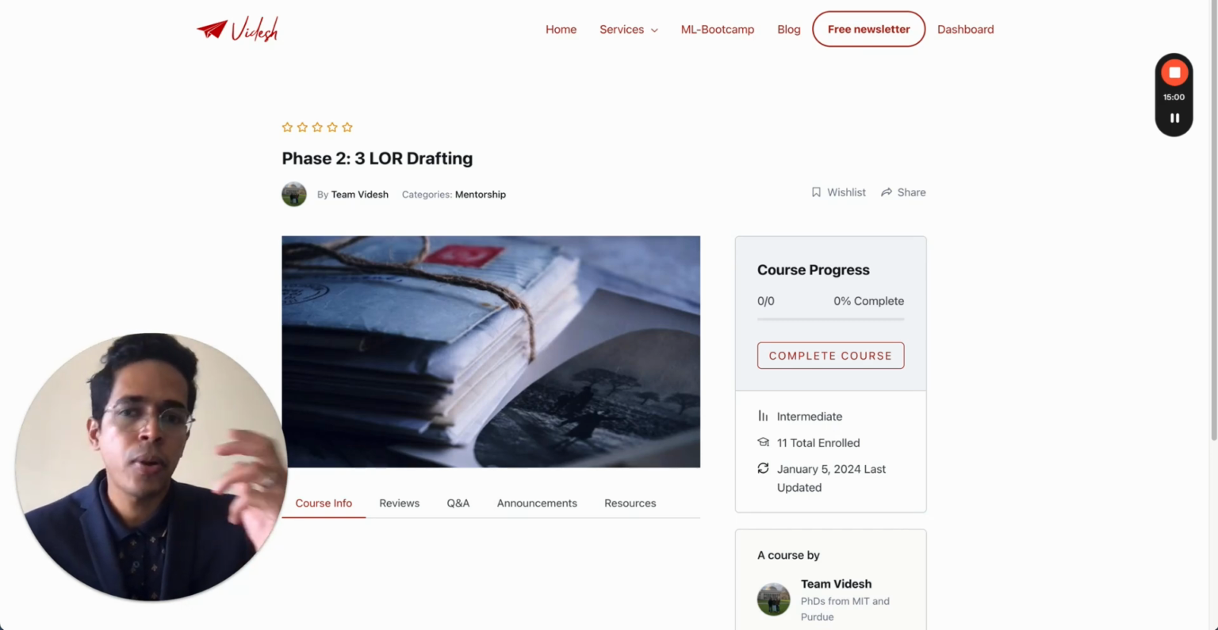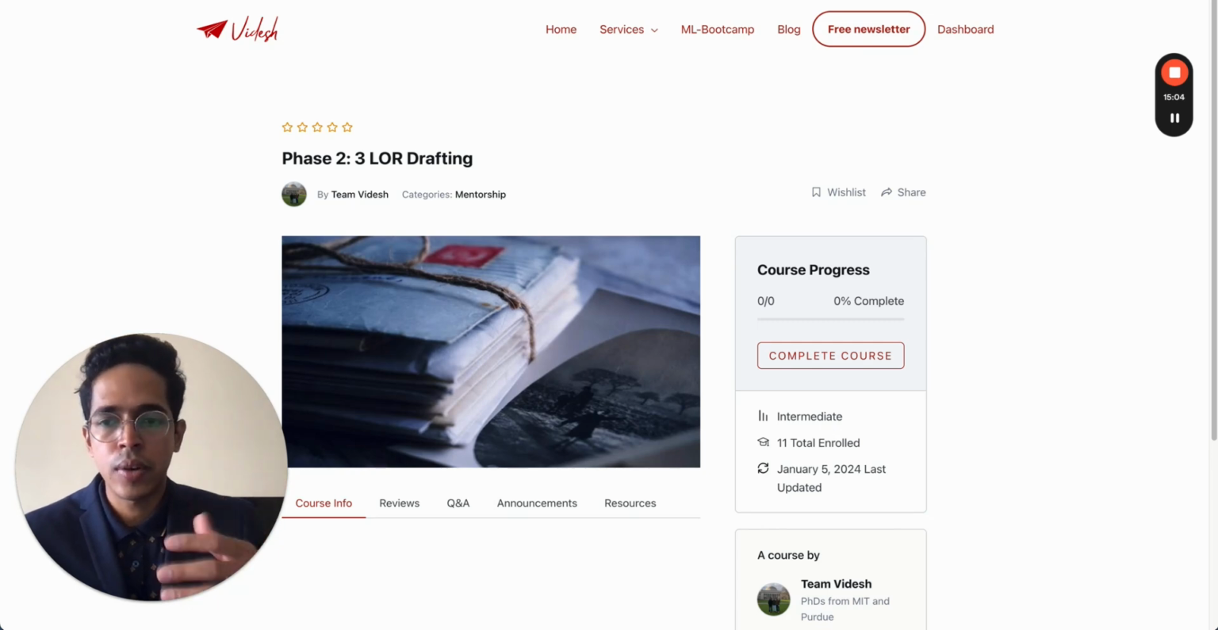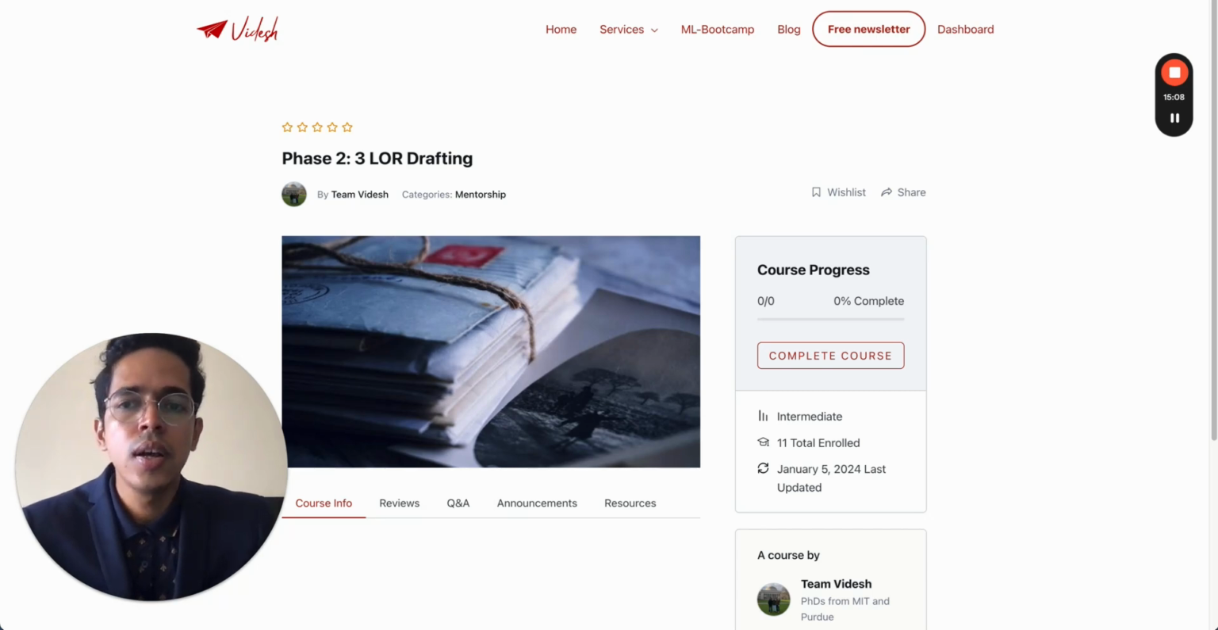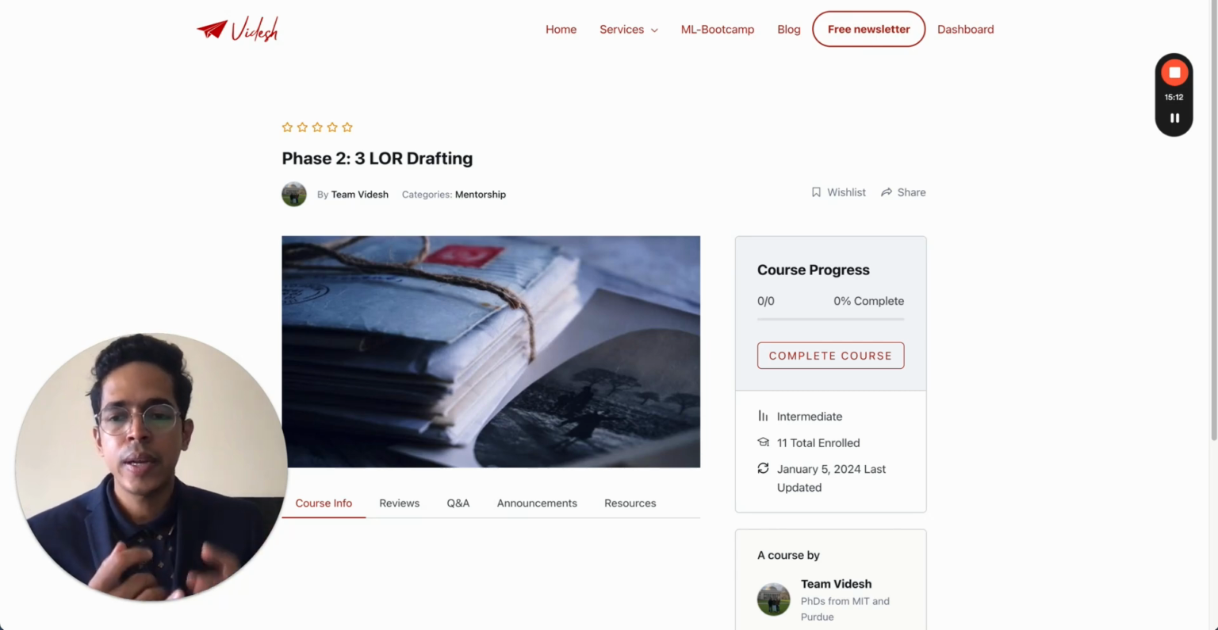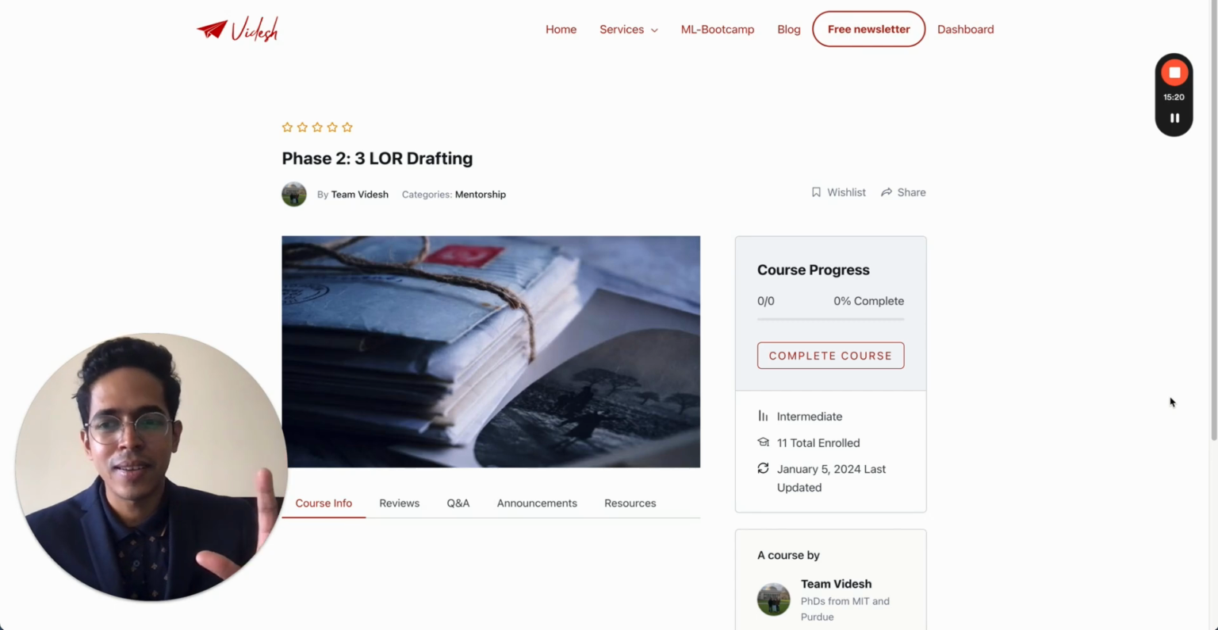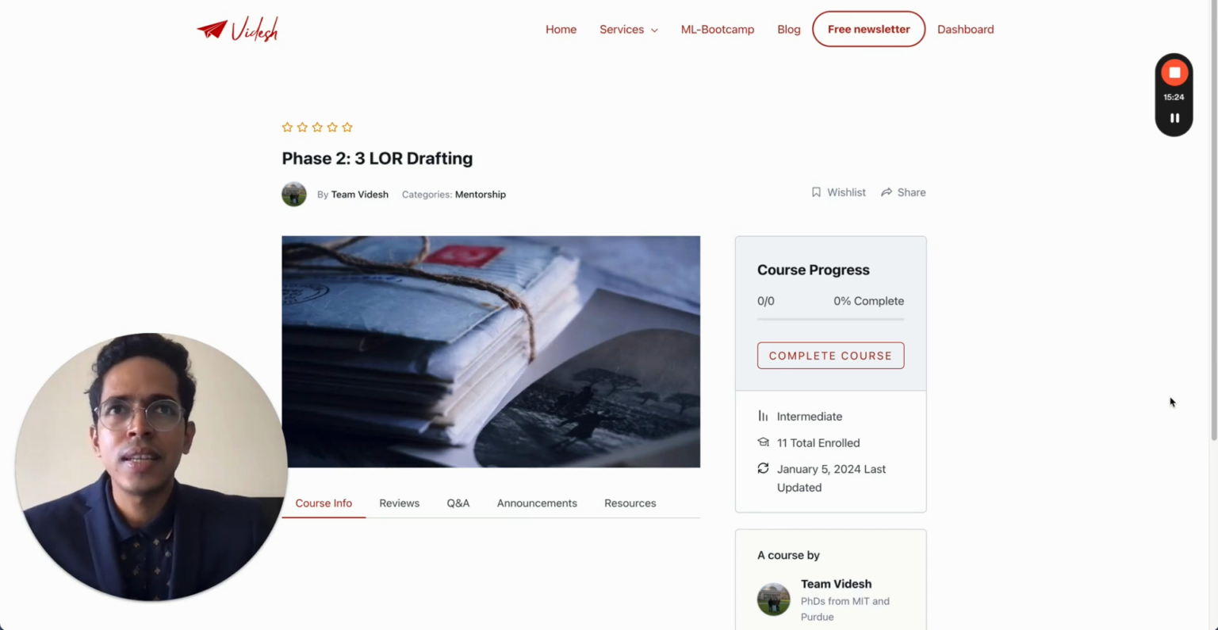So the important thing to notice is in LOR drafting, you can't have similar looking LORs for all the 3 professors. Of course, that will be very easy for the admissions committee to figure out. So you have to have drafts which are different in terms of language, wording, everything, for all 3. So we'll be ensuring that. And at the end of the day, you will have an LOR which will be much better than whatever LOR